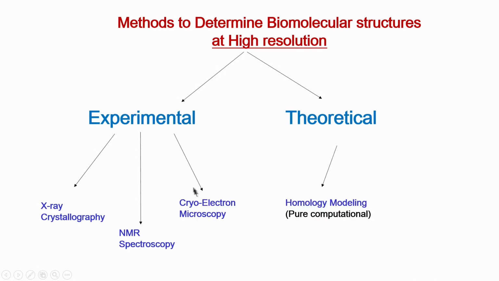Now, another experimental technique which has come up recently and is becoming popular is cryo-electron microscopy. Again, this requires freezing of the molecule, where cryo means frozen. So, again this is looking at a static structure, and that is the difference between these two and NMR. In NMR you are looking at a protein in the solution state, meaning the protein is in its native form, because in our cell the protein is always along with water. So, we are looking at it in a native form in solution NMR spectroscopy.